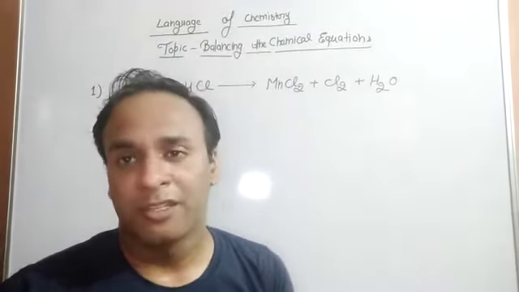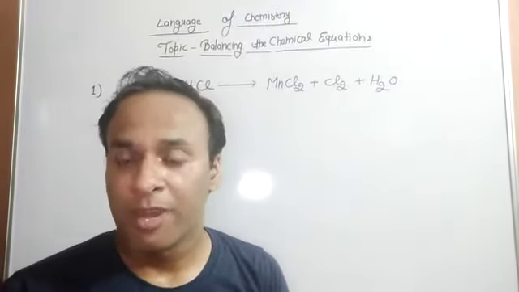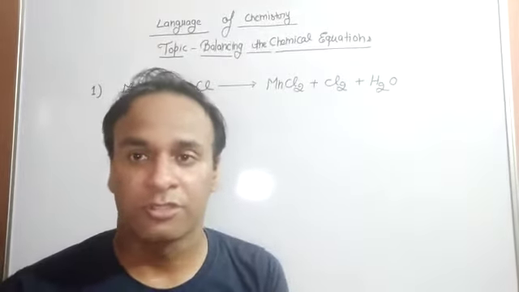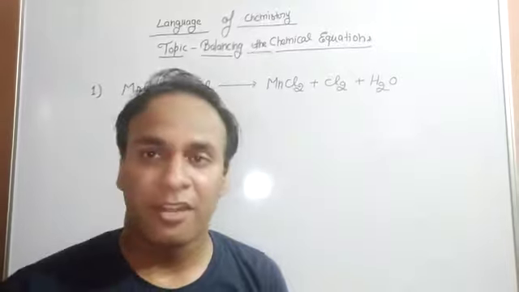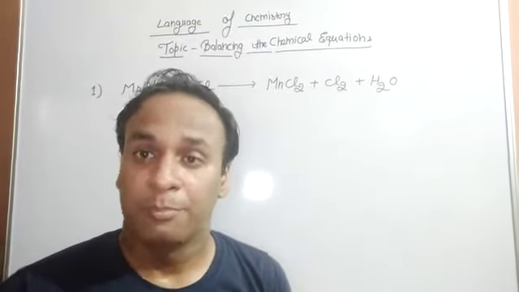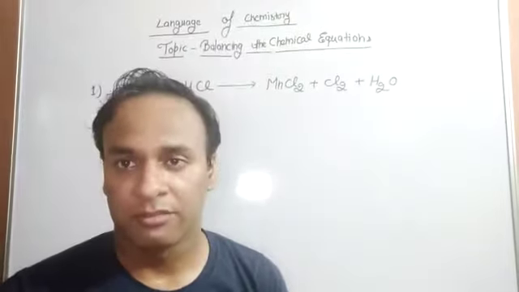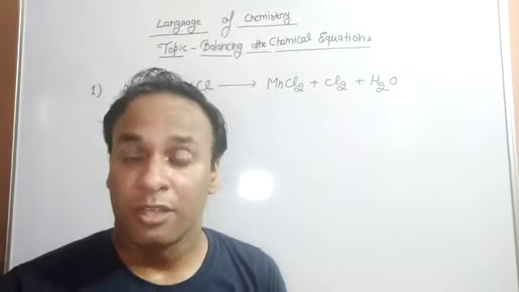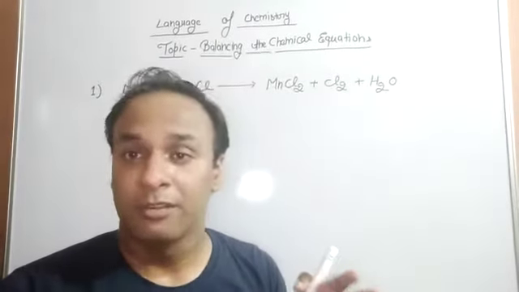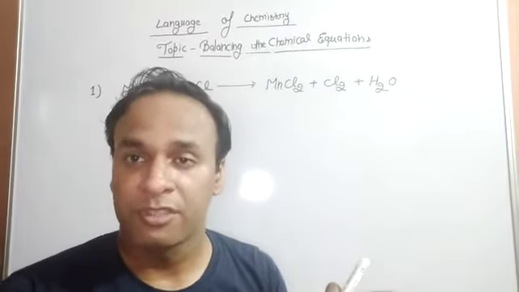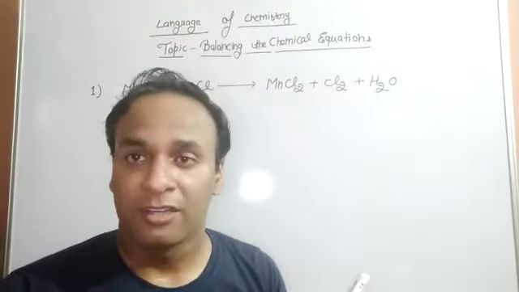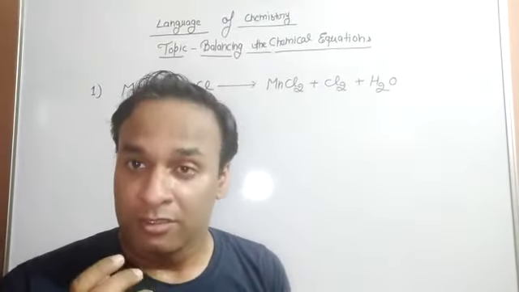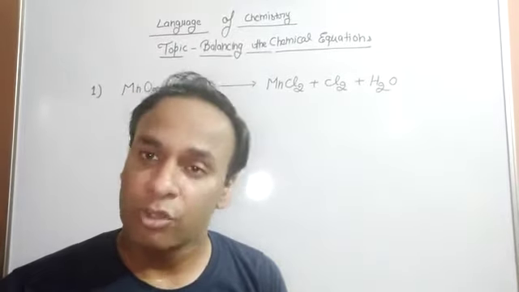And what do you mean by balancing? What is the significance of balancing the chemical equation? If you want to calculate the exact proportions or exact amount of any reactants or products, then balancing the reaction is required. In such a condition, balancing is a must, because in order to get the appropriate amount of substance, meaning reactants or products, balancing is necessary. Without balancing, we cannot obtain the exact amount of any reactants or products.